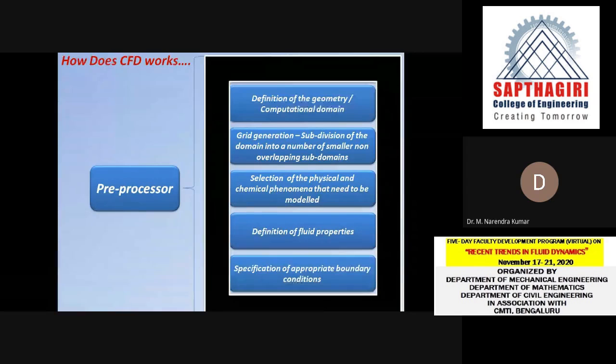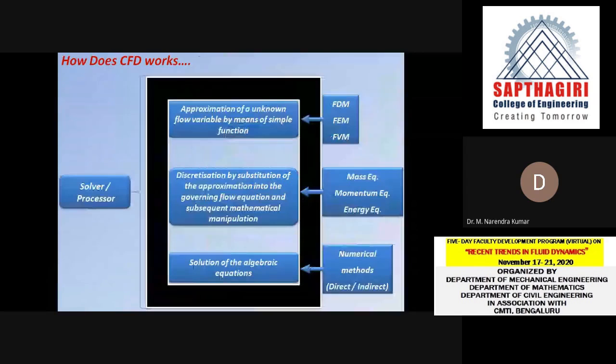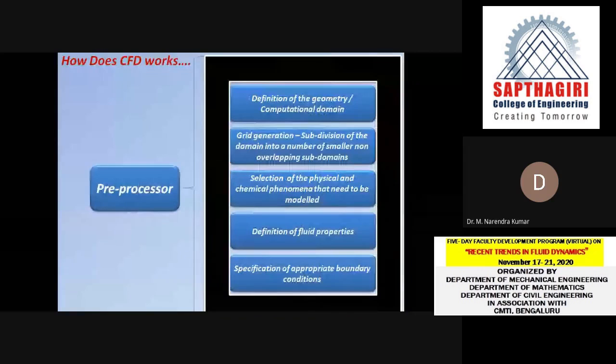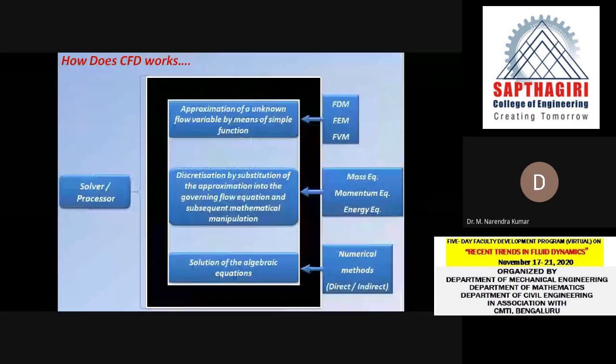So once after dealing with the pre-processing aspect of the CFD, next we'll be looking at the solver or the processor. Okay, so whenever you come across the solver or the processor, the approximation of the unknown flow variable by means of simple function. Okay, so you need to approximate